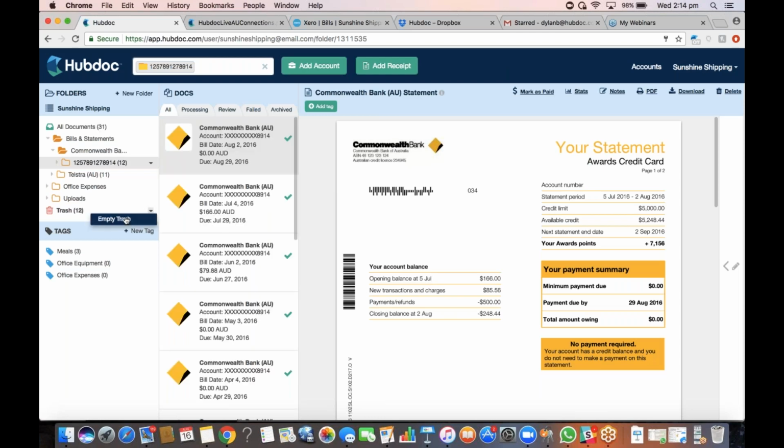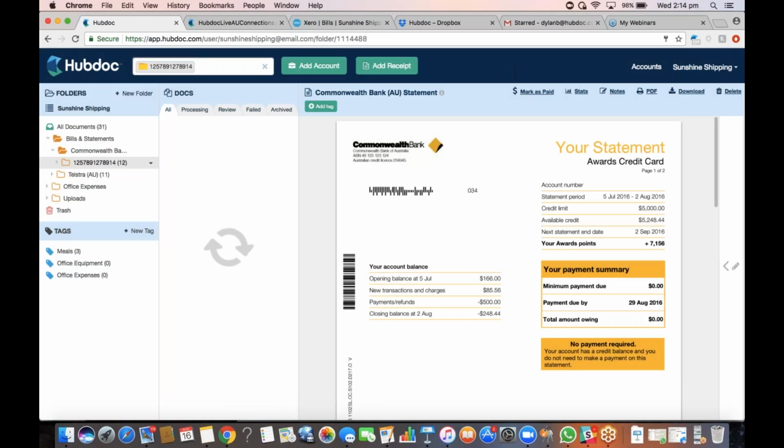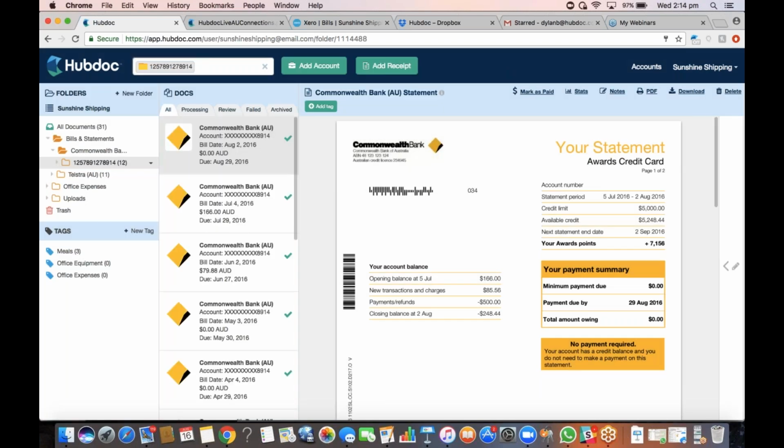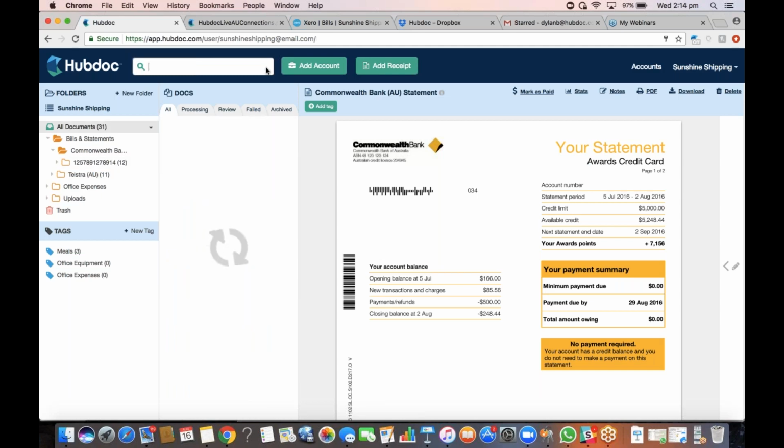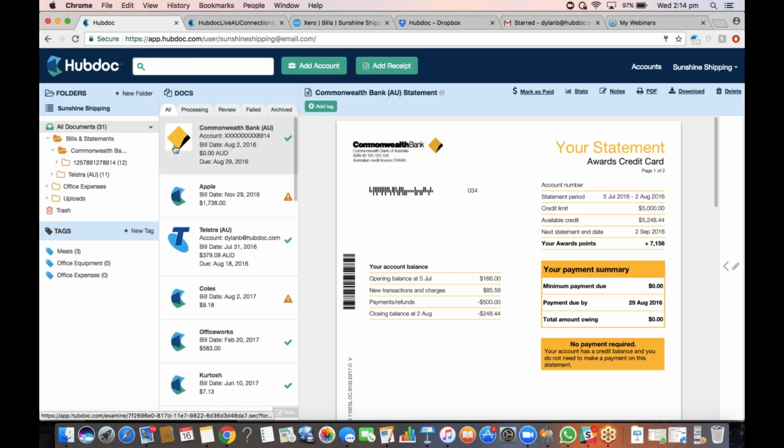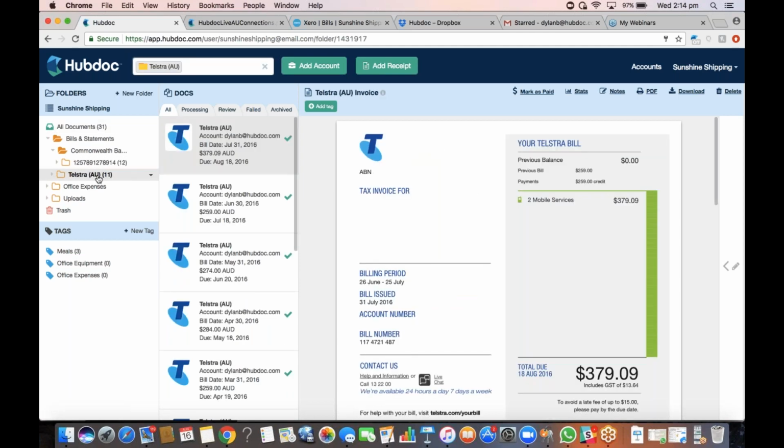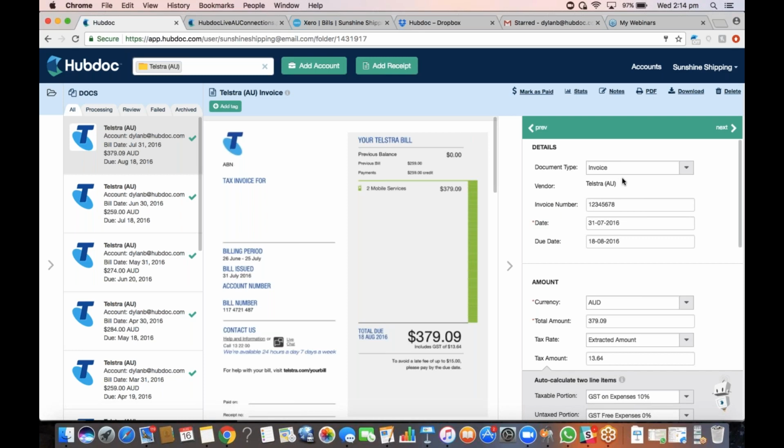So you can see there's 12 statements are now there. Click Empty Trash and they are now gone from our servers and you will no longer have access to those bank statements. So we don't just fetch from banks, we also fetch from online vendors such as Telstra and Energy Australia. So you can see with this Telstra bill, we will extract the vendor name, the date, and the amount